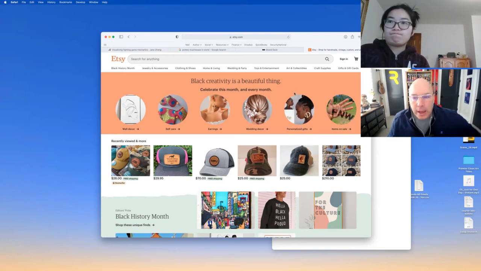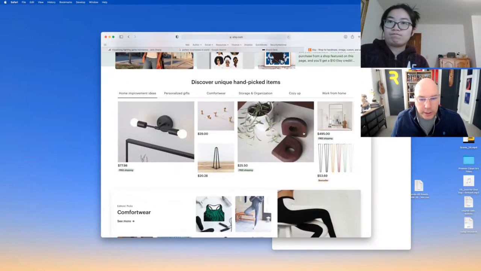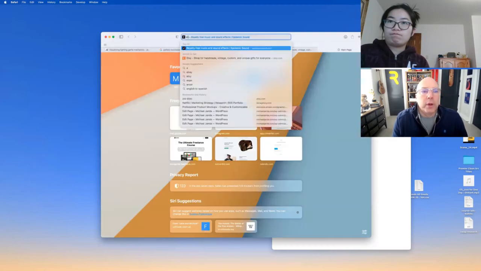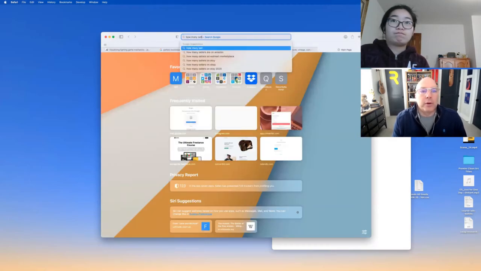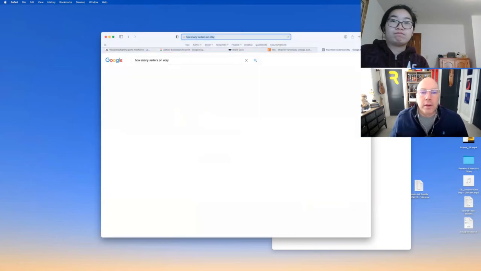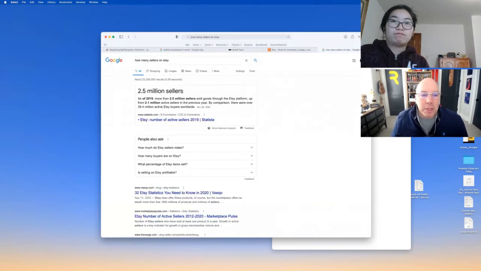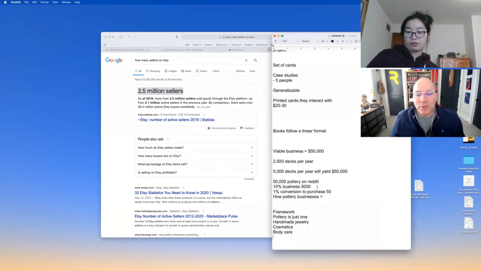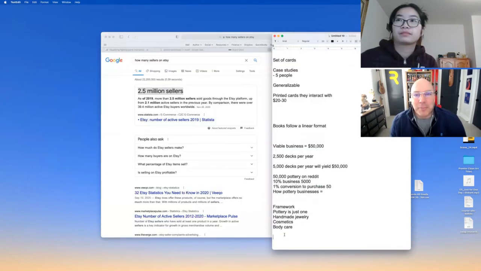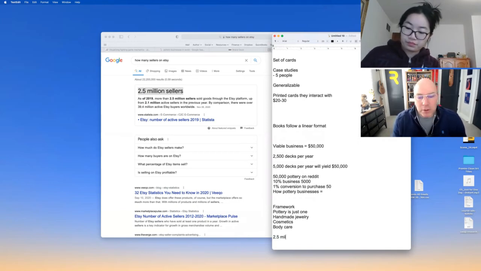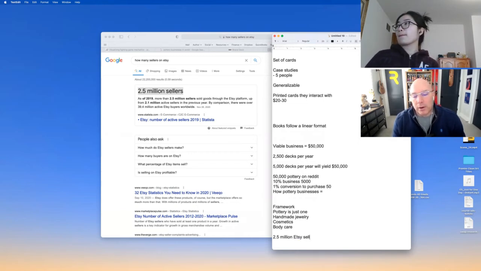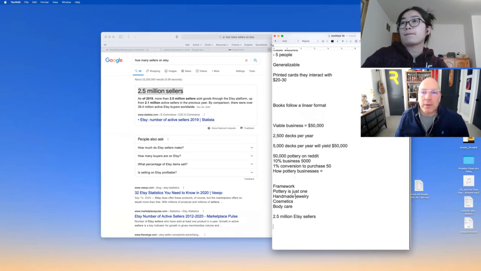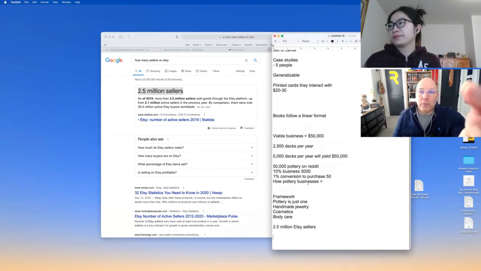Okay, I like that direction, because if we go here to how many sellers on Etsy, 2.5 million. Now, I like this number way better than this 50,000 number. So 2.5 million Etsy sellers. This is a much better number to start with, because it's easy to go and say, okay, if we convert